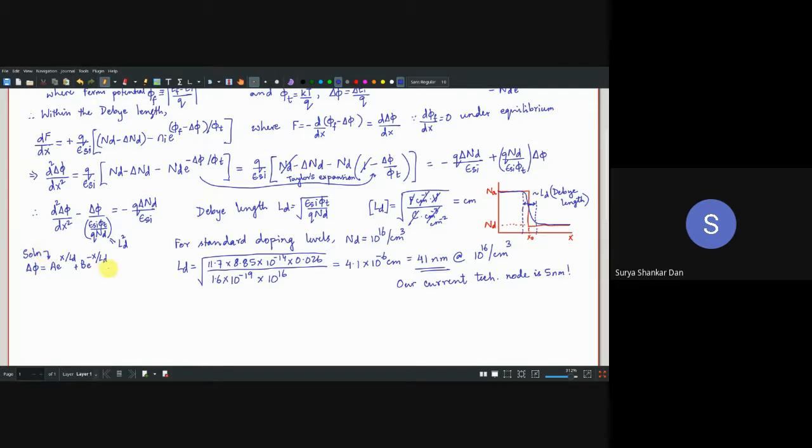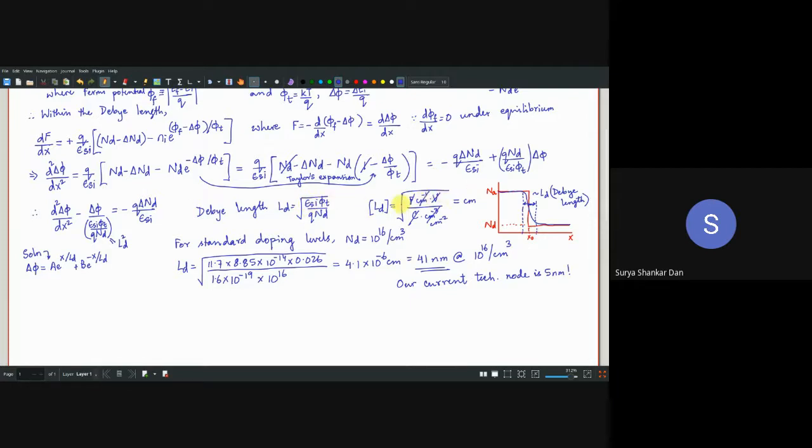Okay. So once we have obtained the value of LD, which is the Debye length, what is that LD? Root over of epsilon_Si phi_t by q N_D. Now we are saying that this LD is essentially a Debye length. If it is a Debye length, why is it a length per se? So all we will do is instead of epsilon_Si, we will replace it by its